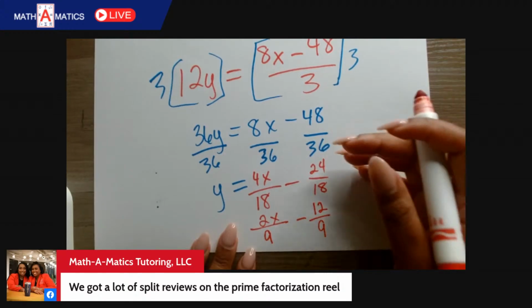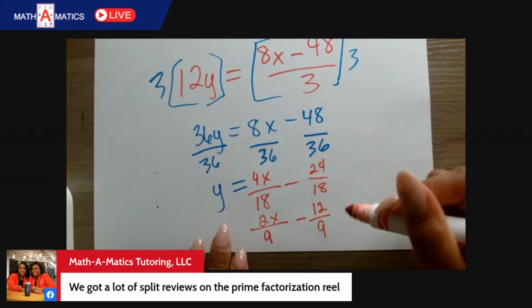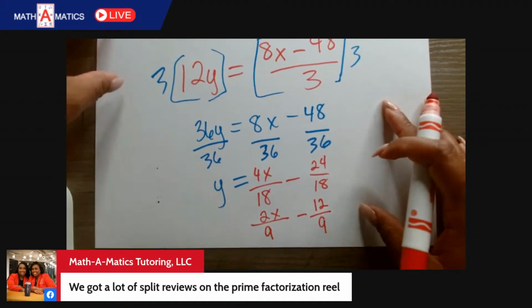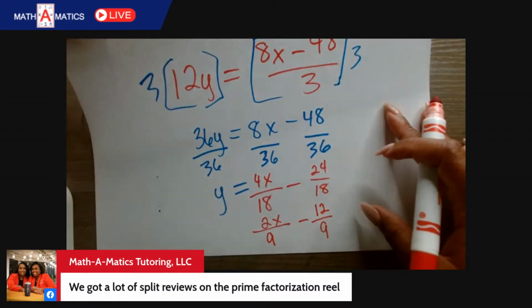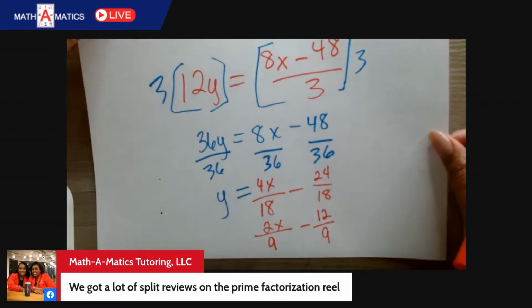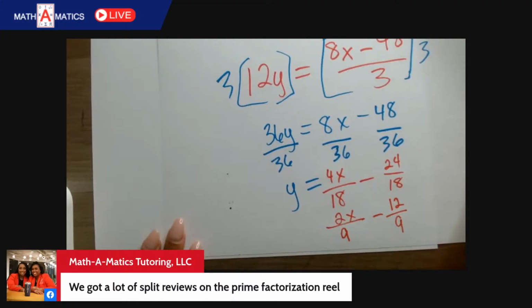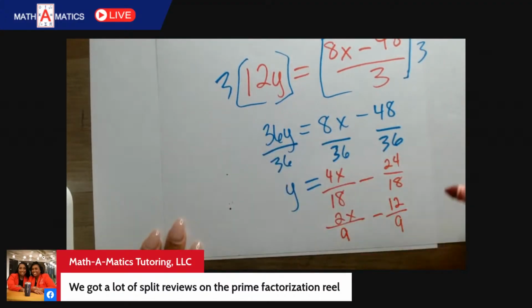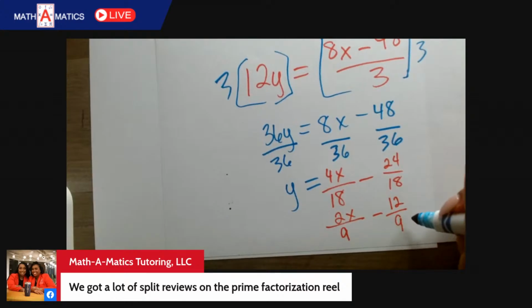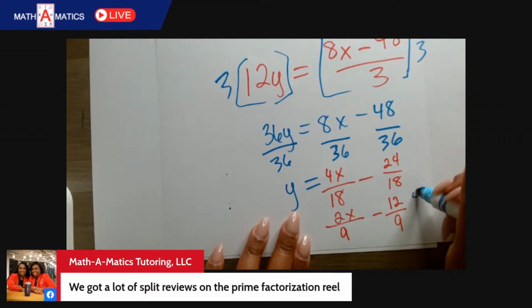Can I reduce any more? I sure can. For this one, I can make it, I'm going to just shift on my paper. So now we know that 12 over 9, I'll reduce this here. 12 and 9 both go into 3, so that will be